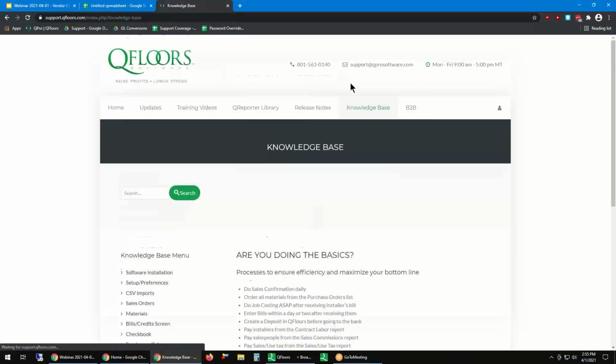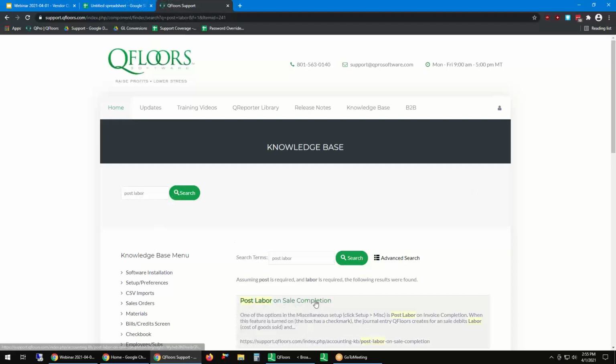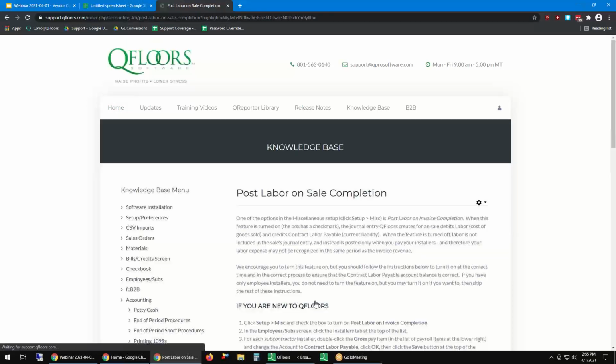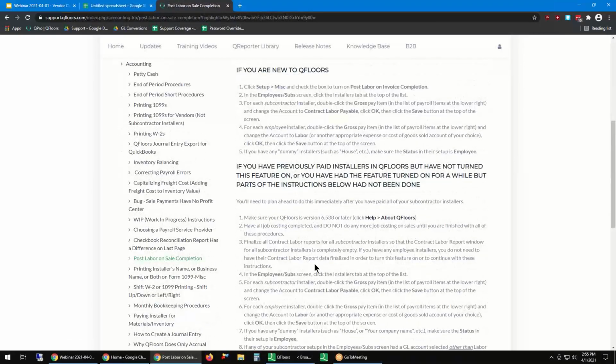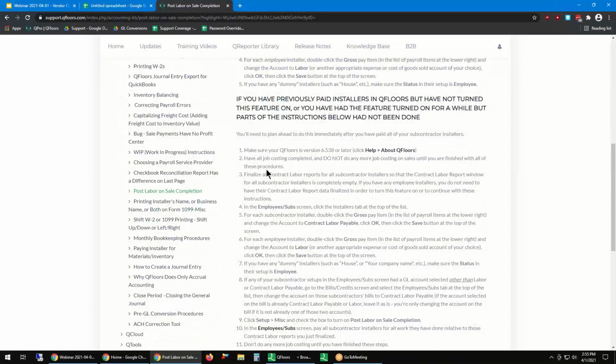So you go to knowledge base. It's this one right here. So read up on that document. If that feature is not turned on, you might want to do a double check in your own system, do an audit of